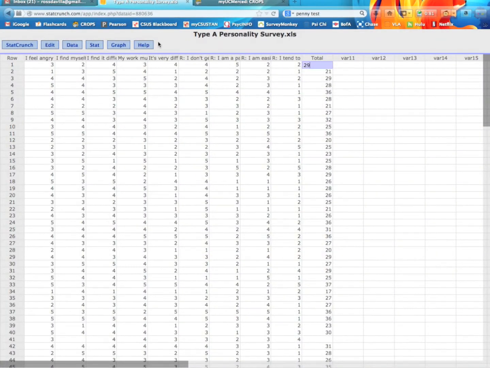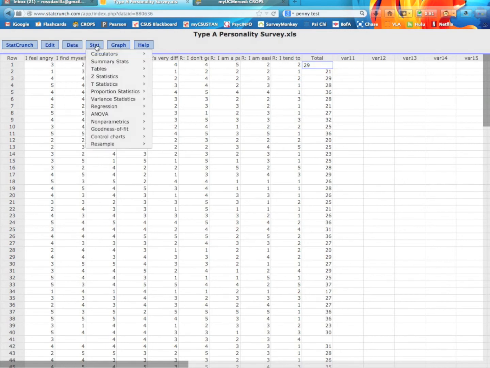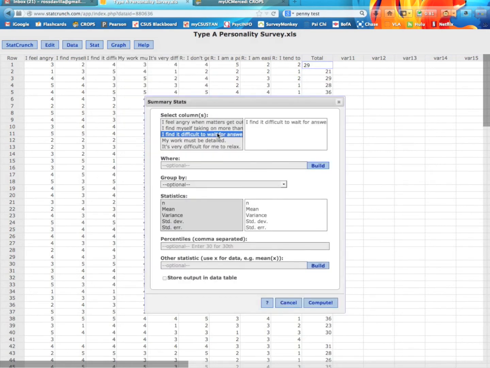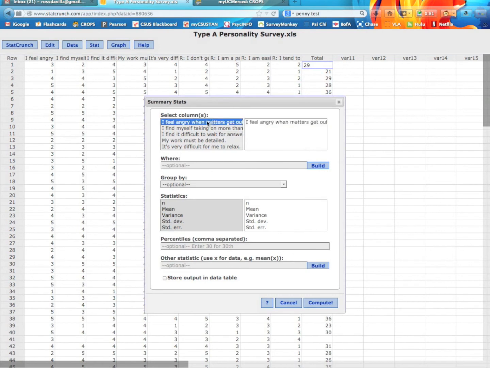So to do this, basically we need the variance of all these. That's under Summary Stats, Columns. And we're just going to add in all the columns. Actually, if you hit Control A, I guess that doesn't work because that selects everything. Never mind. What we can do is hit the first item, hold down the Shift key, and then hit the last item, and it'll put them all in there.